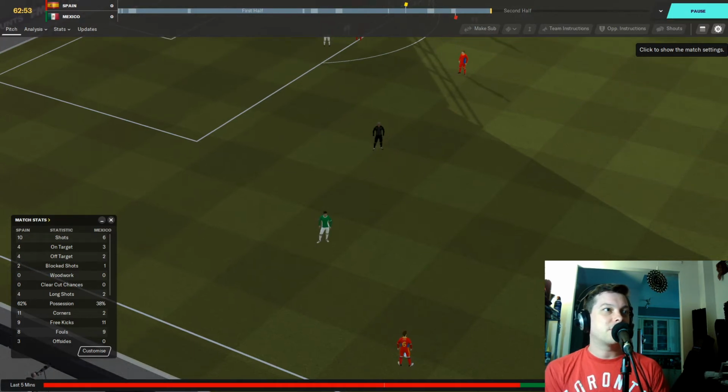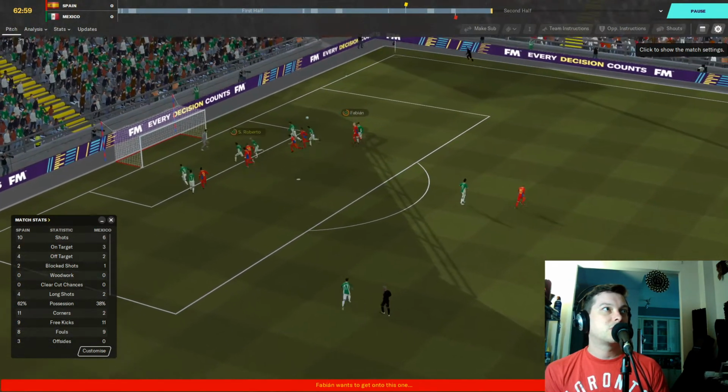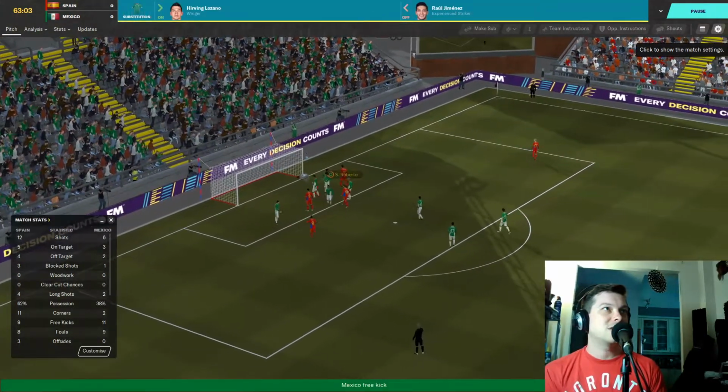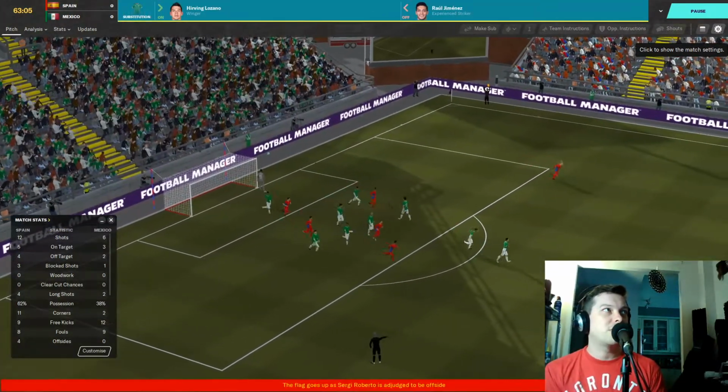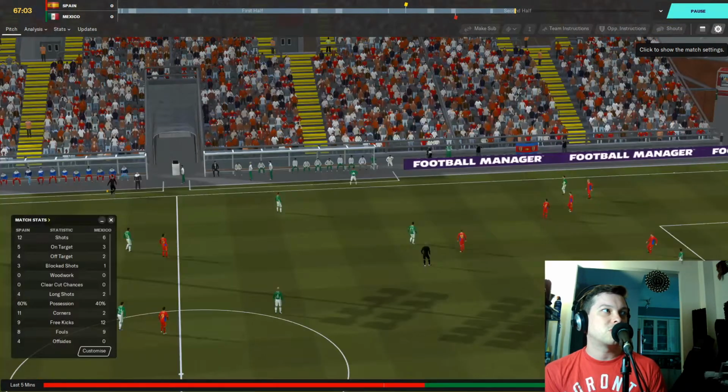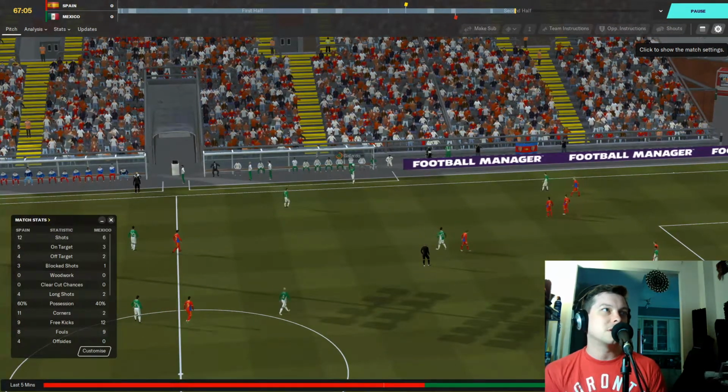Spain looks like they're lining up for a free kick here. Koke on the free kick. Gonna whip it into the box. Tries to get on the head of Fabian. He does. Hermoso is there. Another save, and that is just wide. Raul Jimenez is off now for Irving Lozano for the Mexicans. We had some subs for Spain too. Rodrigo is on, Thiago is on, and Fabian is on.